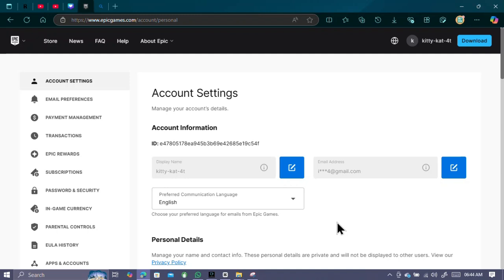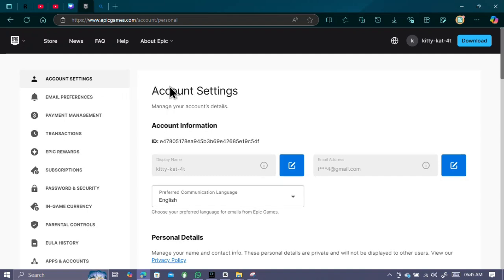Now after creating your account, as you can see, you've created this account before and logged in with your credentials. Let's say for one reason or the other you need to change the real name you used. What do you do? The first thing you do is, from the home page, click on account settings, and